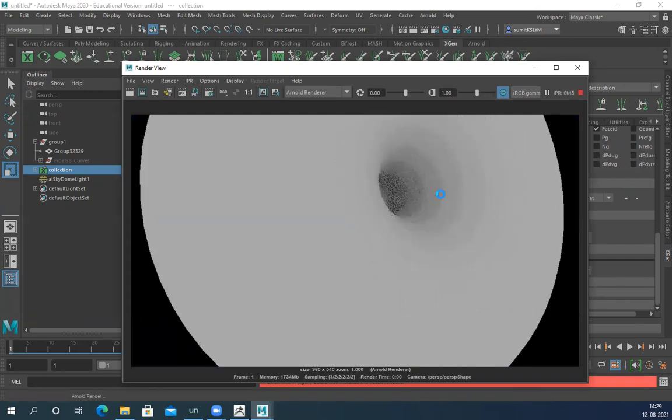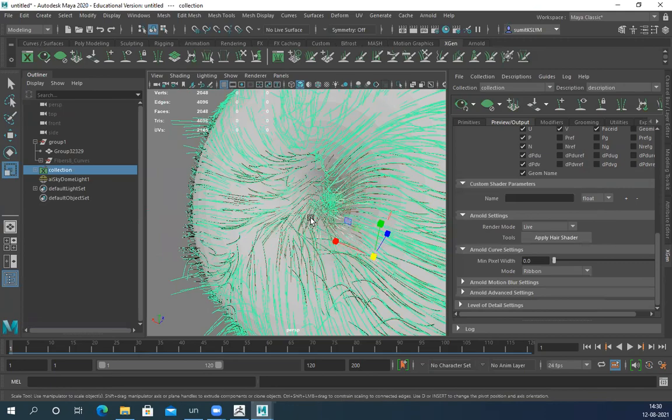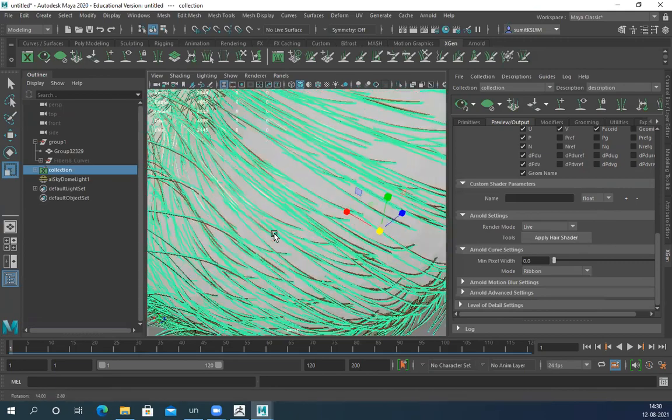Still not rendering. It is generated properly, I can see clearly.